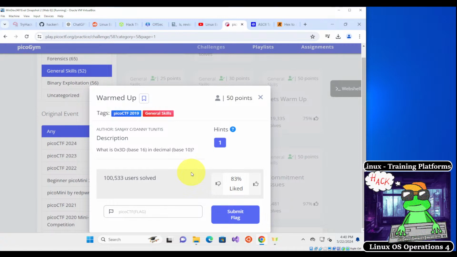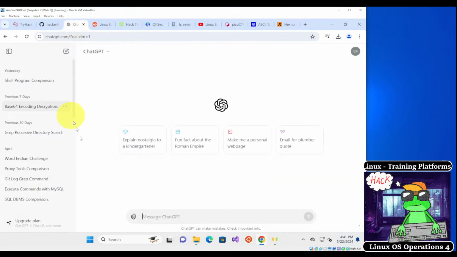Okay, so what we're doing is converting from one type of number into another type of number. Decimal is base 10. That is the type of number that everybody is familiar with. It uses 10 characters in its counting base, and we're converting from a number in base 16, which is hexadecimal. For anybody who doesn't know, does anybody here know hexadecimal? If you don't, we could always ask your good friend ChatGPT,